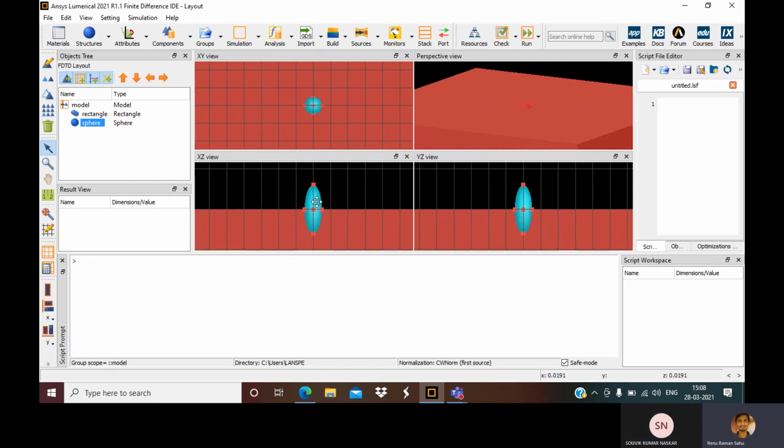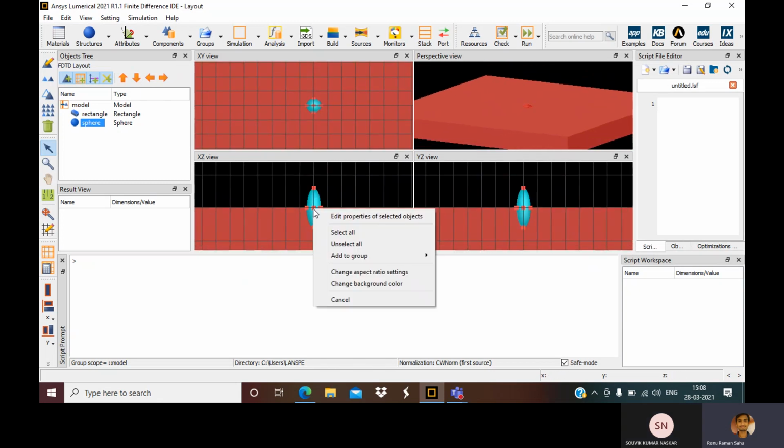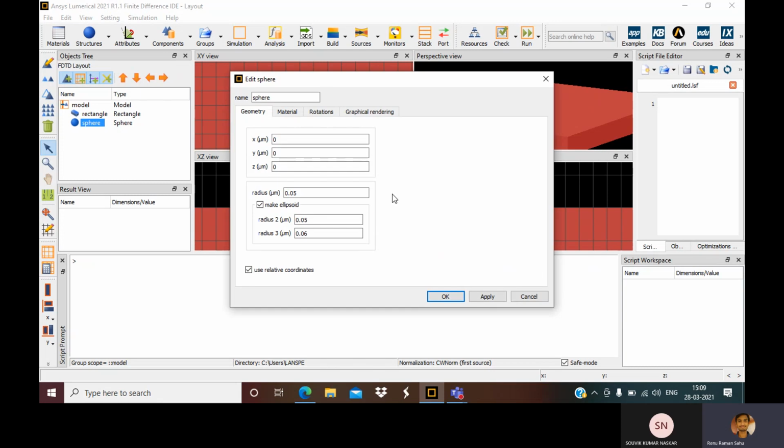So let me edit the properties: 40, 40, and radius 3 is 6, and instead of this, let me take 40 microns, or let me make it 5 and this to 6.